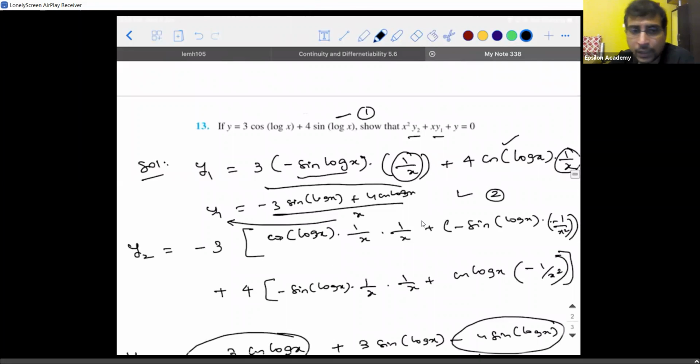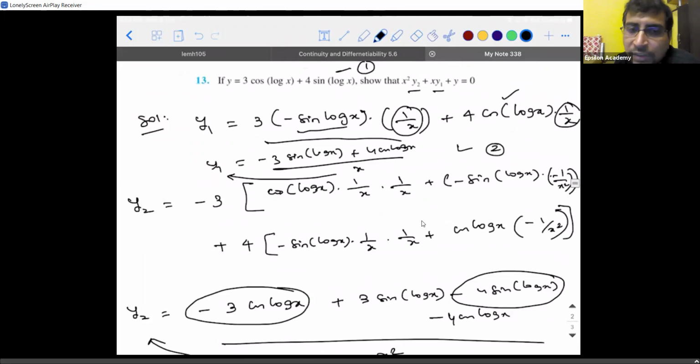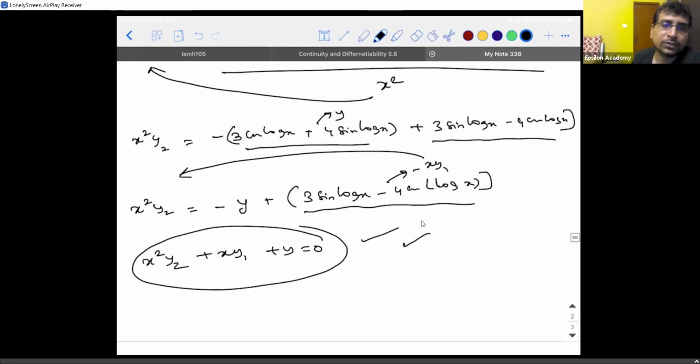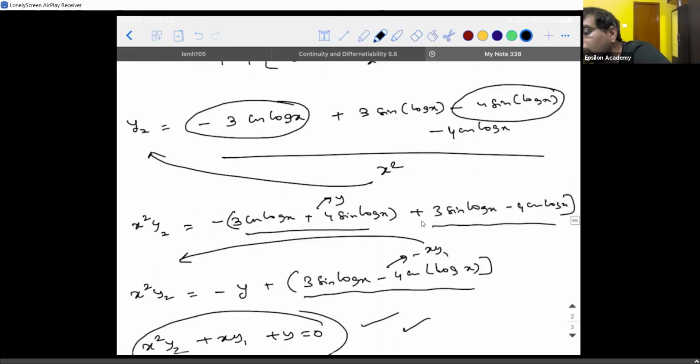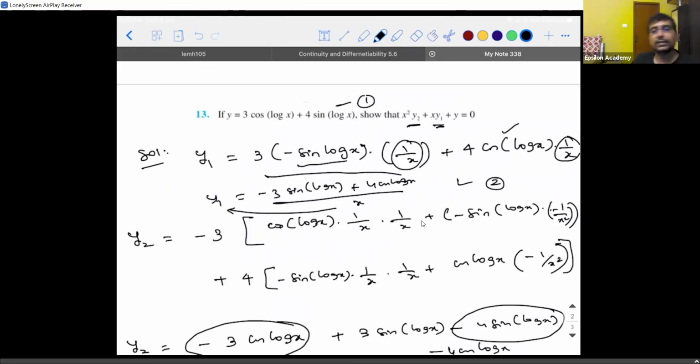But the thing is, initially you will not get this idea. See, I am able to solve this because there is a chapter called differential equations. In that we will do these kind of manipulations. So that is why I could do it in this way. But for your exam, what you can do is find out y2 separately, find out y1 separately, take the LHS of this equation and substitute it there so that you get a 0. Okay. But I explained this only for you to understand that you can think like this also. Guys, I hope I'm clear. Right? Find y2 separately, y1 separately, substitute it in the LHS of the equation that they have given so that the RHS comes out to be 0.